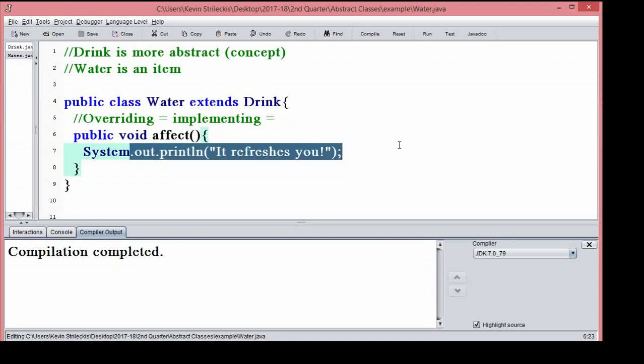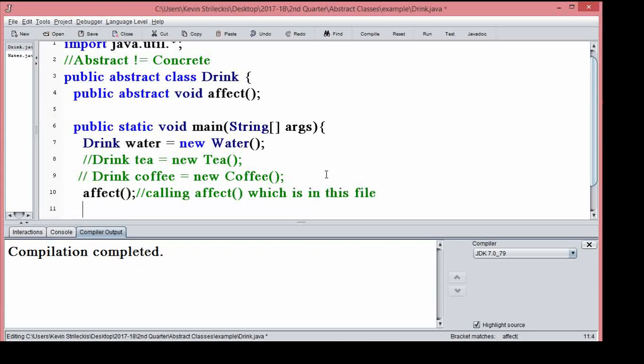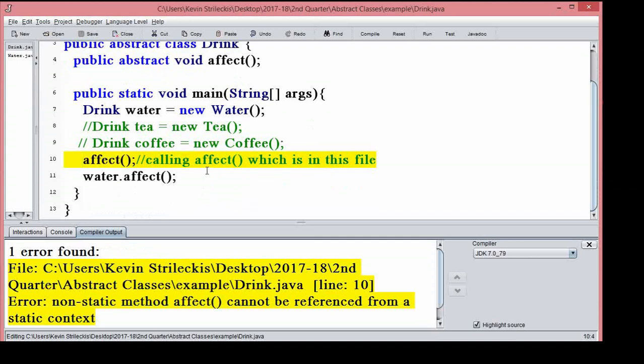It says it refreshes you, provided that the object that's affecting is water. Because if I were to go here and say, hey, call effect, calling effect, which is in this file, versus calling the effect of water, that one's not going to work because it says I don't know what that means.